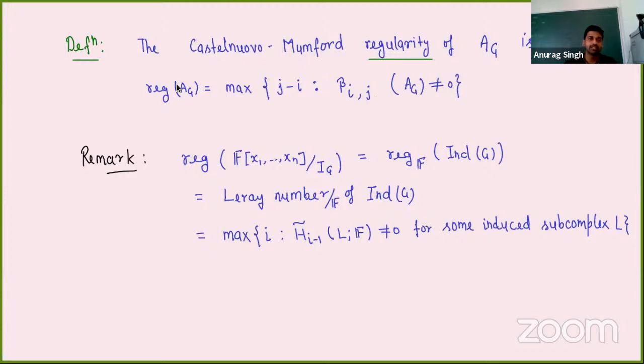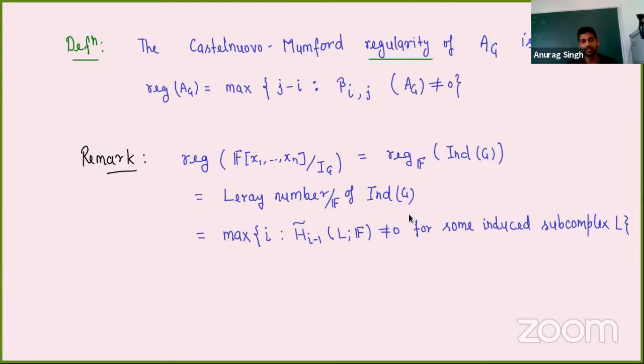Now, how is this regularity related to the independence complex? How is the regularity of the quotient ring related to the combinatorial information of the independence complex? This is how it is. The regularity of the quotient ring is the regularity of the independence complex with respect to this field F, where this number is called the Leray number of the independence complex,